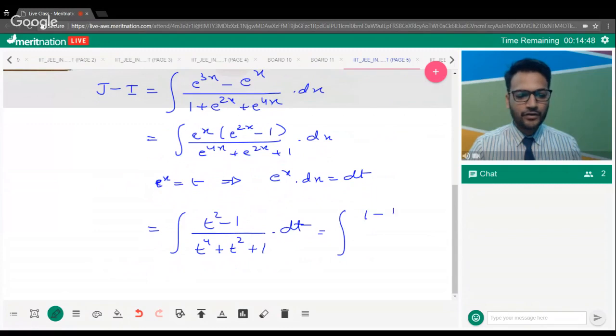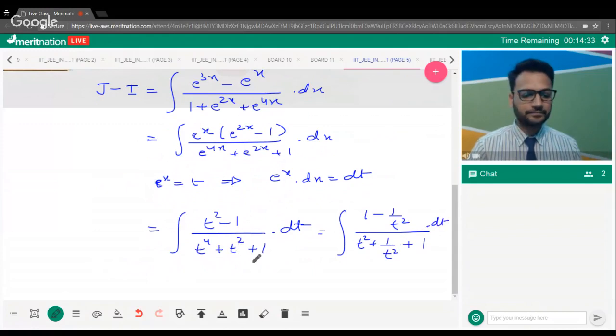So this can be rewritten as... what will be the final substitution, guys? Can anyone tell me what will be the final substitution? Obviously, we'll have 1 over here. If I divide it by t squared, this will give me a 1. So this can be written as 1 minus 1 upon t squared divided by